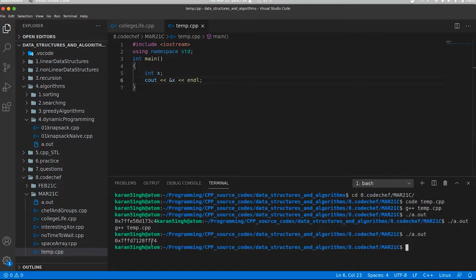You see this string? This is the exact address of the memory location of the variable x, and we were able to do this by using the ampersand operator. So this is how the address of operator works.